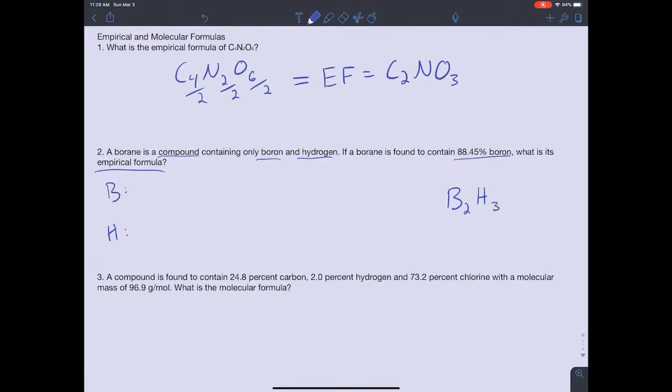When we talked about if you get a half and what you do if you get a half, in this one you don't get exactly a half, but you get close to a half. So from what I told you, you would round to a half. If you didn't round to a half, however, you would get B5H7